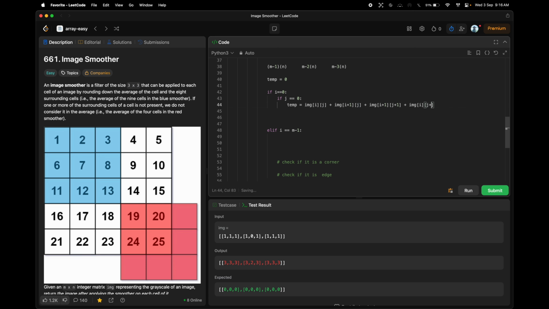I mean these four cells, if I equal to 0 and j equal to 0. If this not, else